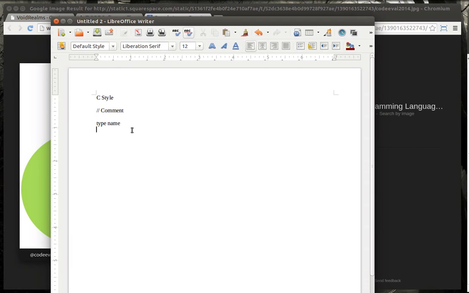Now, what's a type? A data type would be like an integer or a string or something like that. Sometimes you have to do a little magic, like put the word const, or constant, in front of it to tell it that it's a constant variable. But in the end, I shouldn't say variable, it's a constant type, meaning it'll never change. So you'll have to declare a type and a name.